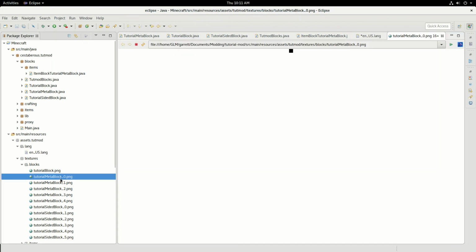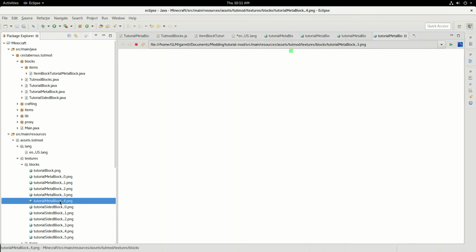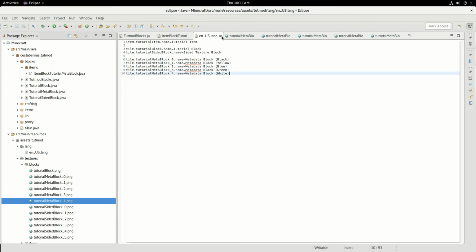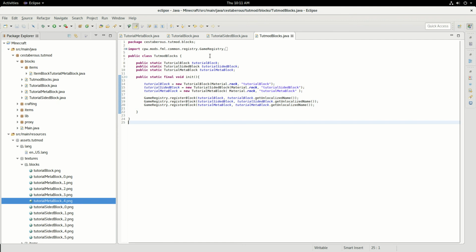And then we can customize the name based on the color. So I've got black, yellow, blue, green, white. And there we go. So now what we can do is I can close all of these tabs I opened. And then in our